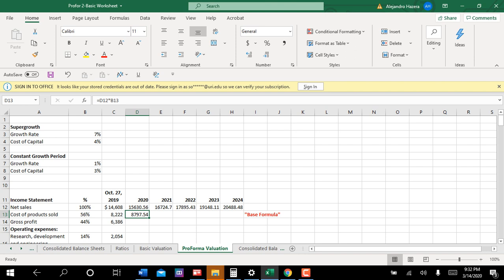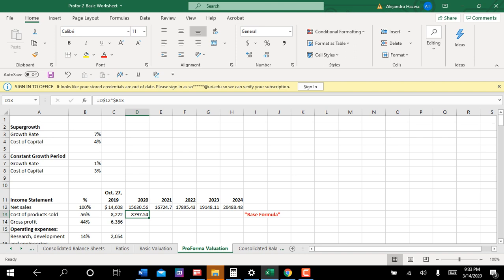Here's the important part. When you finalize this formula, make sure that you put a dollar sign in front of the 12 here, and a dollar sign in front of the B here. Okay, and you'll get the same number, but by putting the dollar sign in front of the 12 and in front of the B, that's going to enable you to copy this formula both